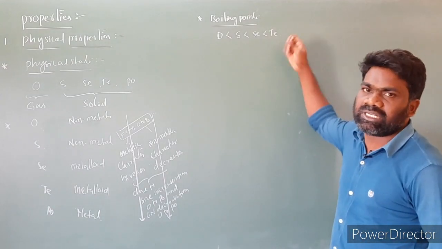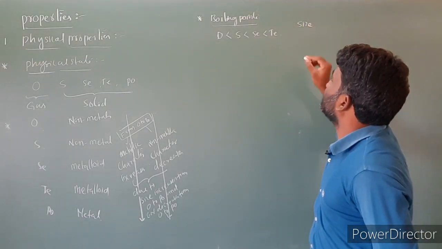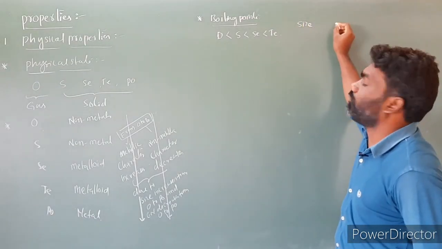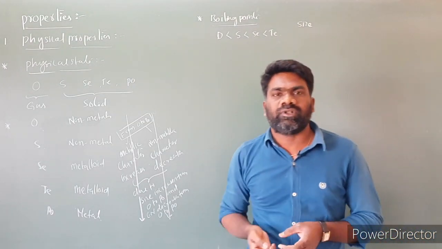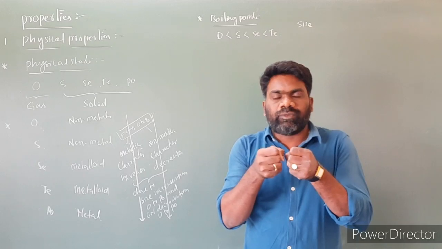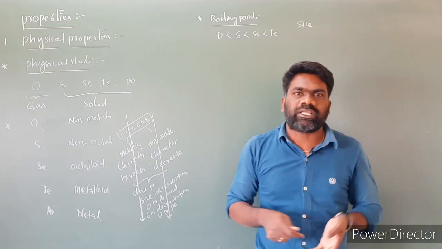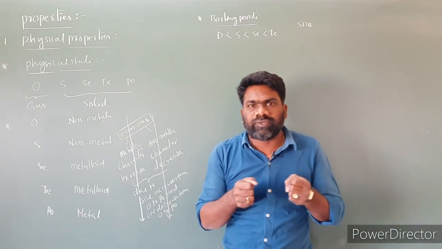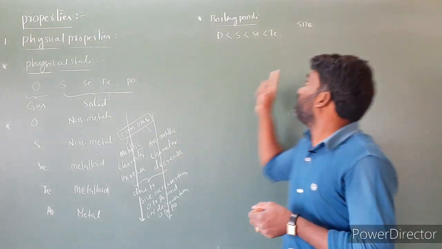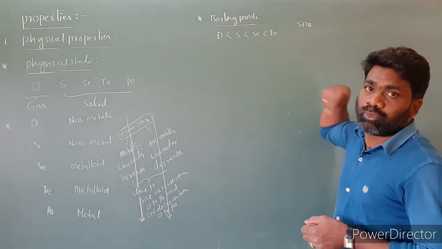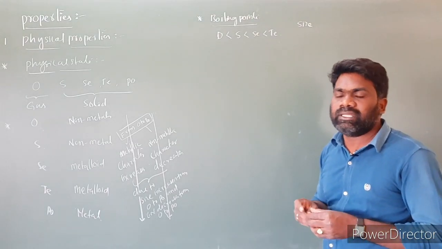Even boiling points and melting points depend upon size. Size increases, van der Waals force increases. Boiling points and melting points depend upon the van der Waals forces. If the van der Waals force is strong between two molecules or atoms, then separating and vaporizing them requires high energy. If the van der Waals force is very weak, we can separate those two atoms or molecules easily. So if van der Waals force increases, boiling and melting points both increase. If it decreases, both decrease.